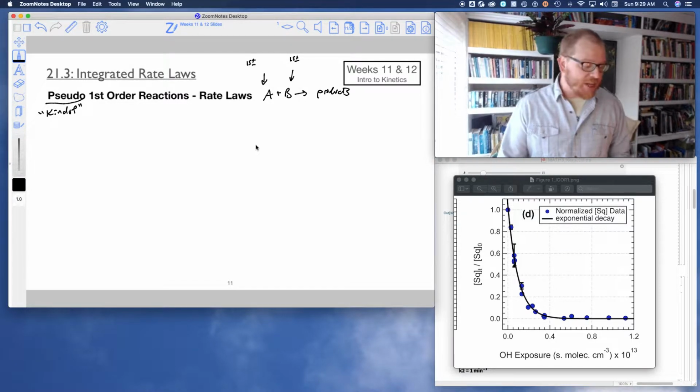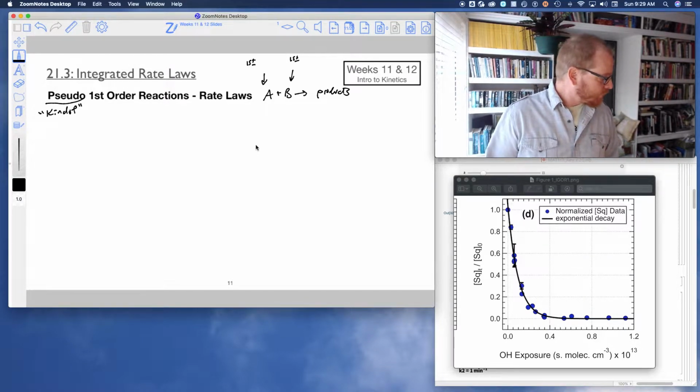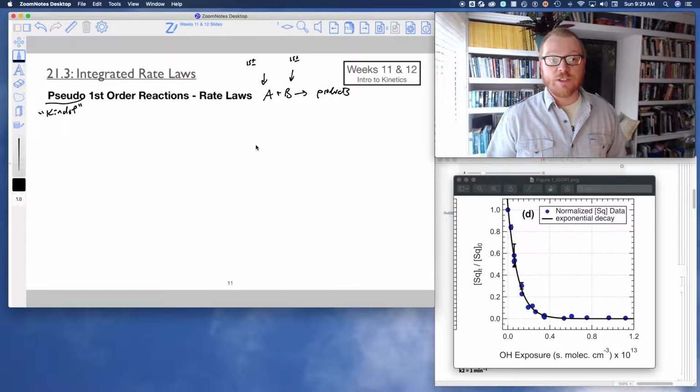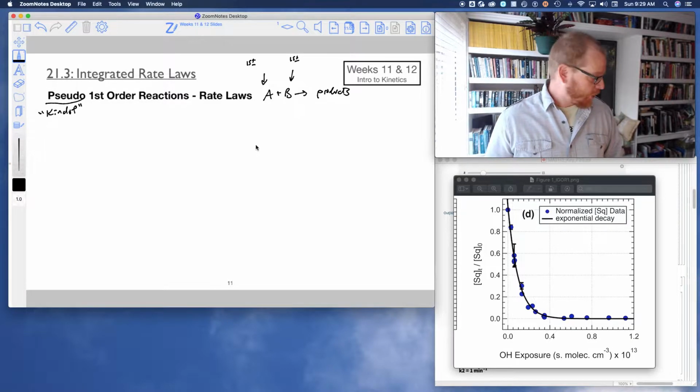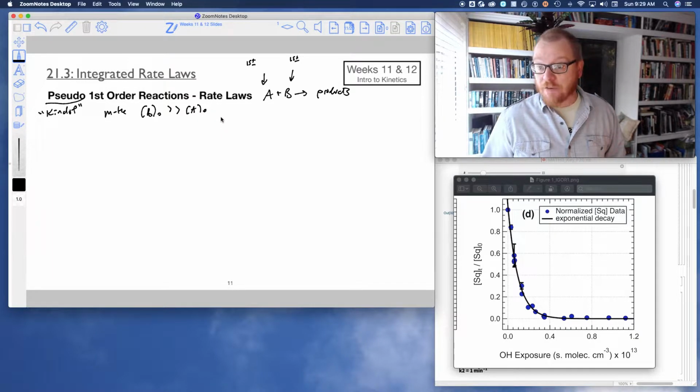And that can be done. It's not impossible. However, it's difficult. So we can make this what's called a pseudo first order reaction by imposing the following. We can make the initial concentration of B much greater than the initial concentration of A,